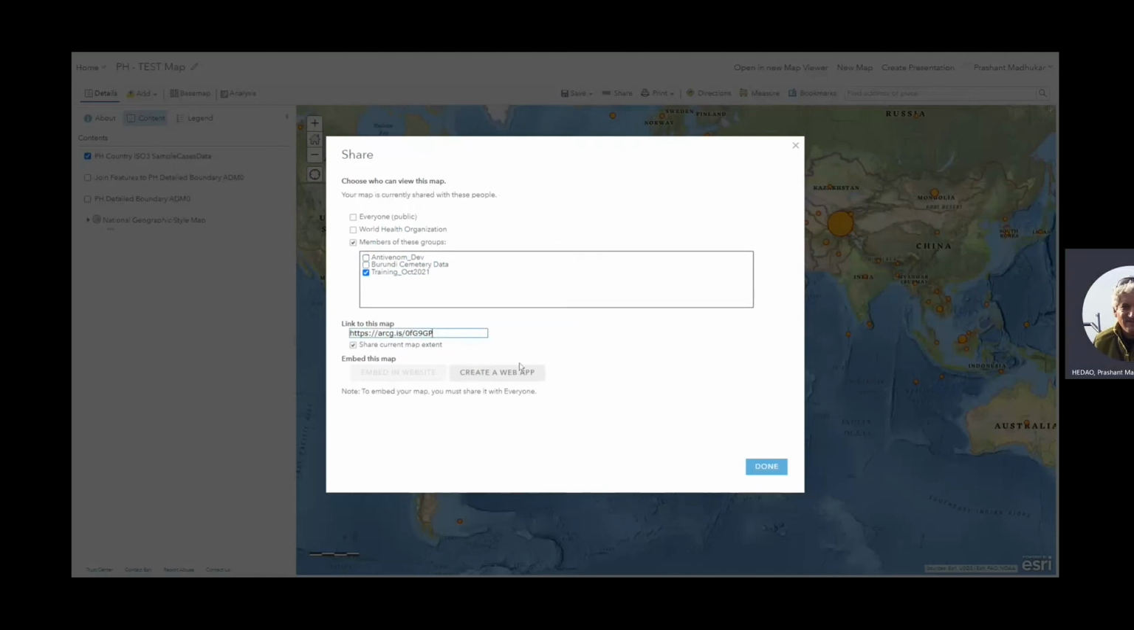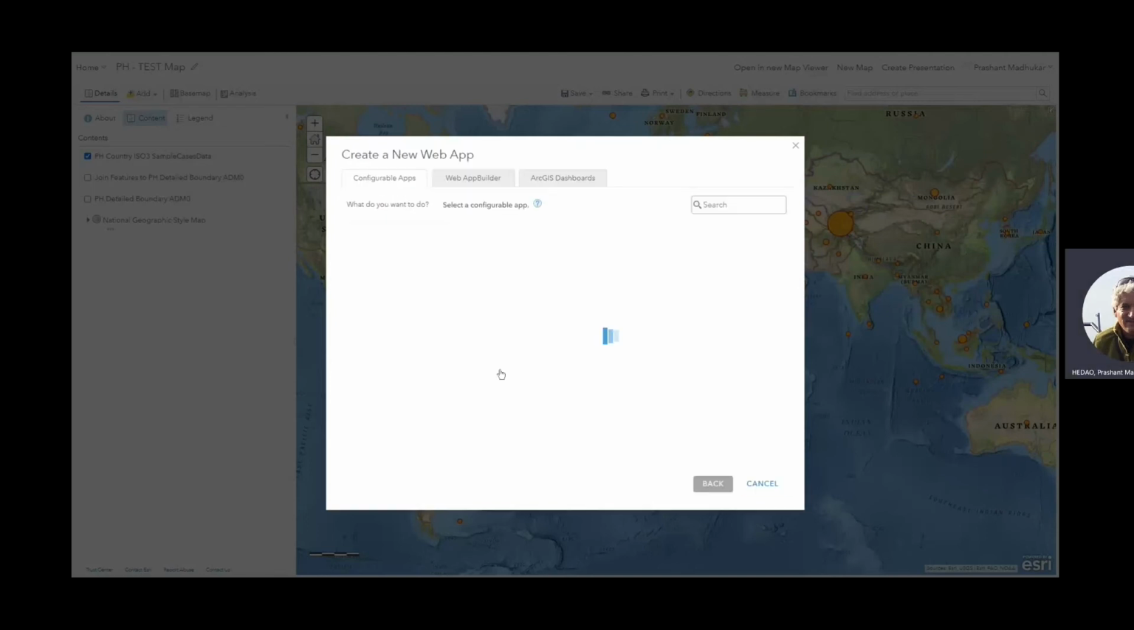This is a URL of the map that you can share or embed in other websites, wherever you want to do that. But that right now is grayed out because this map is not publicly shared. To be able to embed it into a website, you have to publicly share it. So for now, I'm going to create a web app, which I'm going to share with my organization members. So I create a web app here,